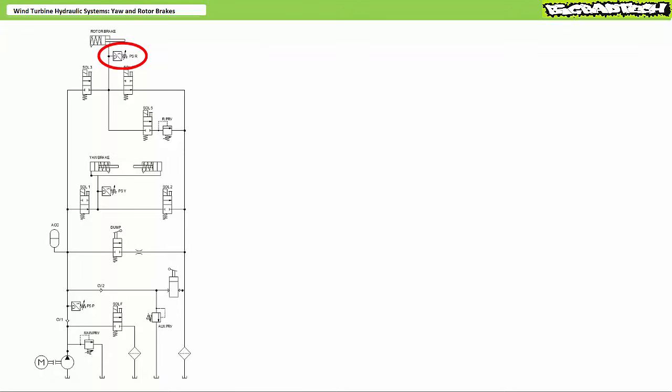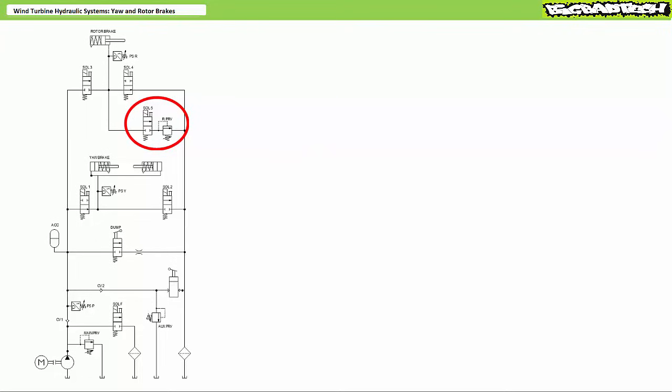There appears to be a pressure switch, PSR, on the business end of the rotor brake, and there's a bunch of valves for this system. The first one upstream is a normally closed solenoid-operated valve labeled Sol 3. The one directly opposite of it is a normally open solenoid-operated valve labeled Sol 4. Just below it is a series connection of two valves. The upstream one is a normally closed solenoid-operated valve labeled Sol 5, and it appears to be feeding a pressure